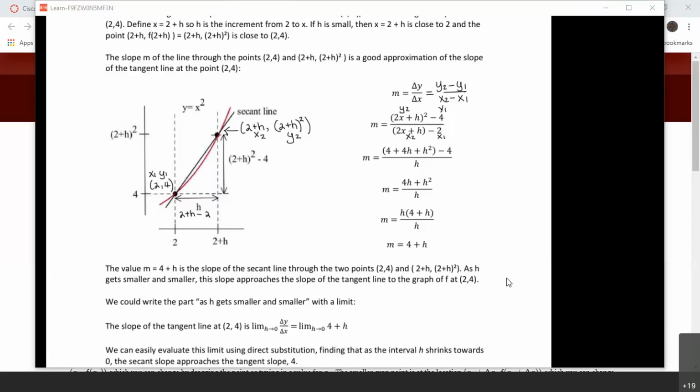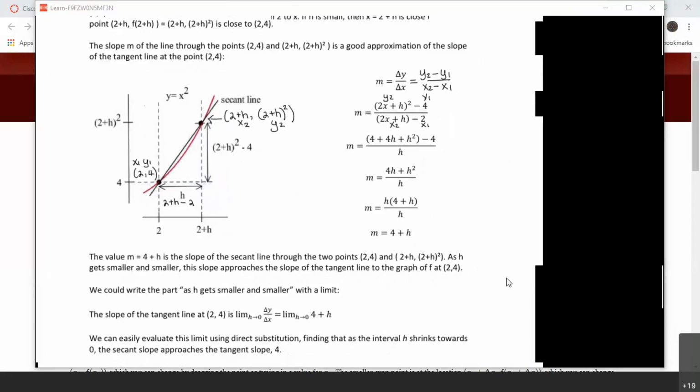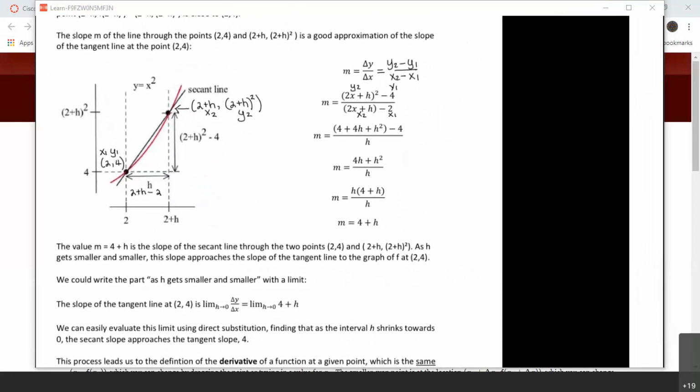So let's see what this does to our slope formula. Over here, the first thing I'm going to do is expand this binomial. This is just a FOIL problem, if you remember FOIL. So 2x plus h times 2x plus h. That's going to give me this trinomial here. The 2x times 2x is going to give me